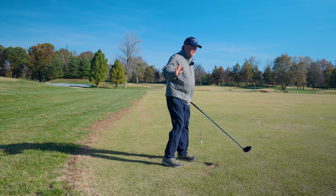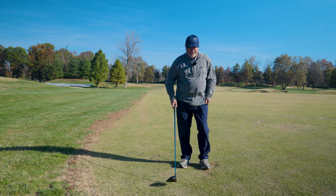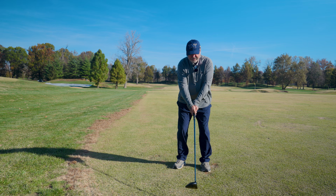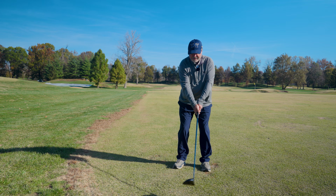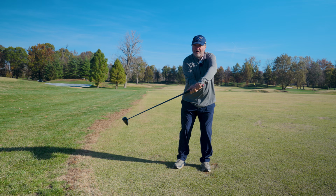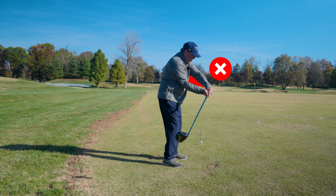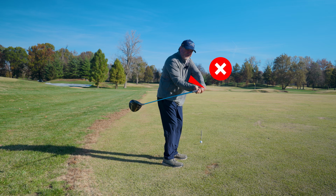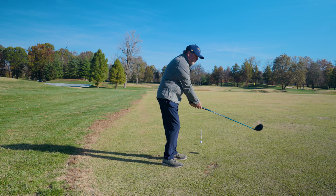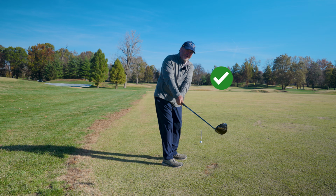What I generally see with most players, especially as they get over the age of 30, is that their first takeaway with the golf club is not a turning motion with their body, it's a rotation motion with their arms. So watching them swing from behind, I can see a space between their arms very soon on the way back. If they're going back correctly, you should not be able to see any space between your arms at this point